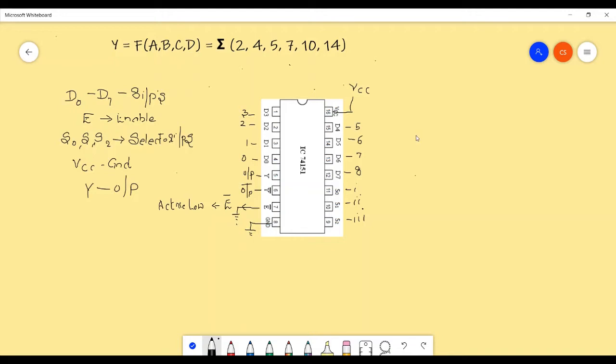However, I need one more IC which is 7404. The explanation and the pin diagram of the 7404 IC has already been done. So here this is your 14 pin IC. So this is basically your NOT gate IC. Pin diagram and pin configuration has already been explained to you people in the previous videos. So I will not go to explain this particular hex inverter IC once again. I just wanted you to explain regarding your 8:1 MUX IC, that is 74151.